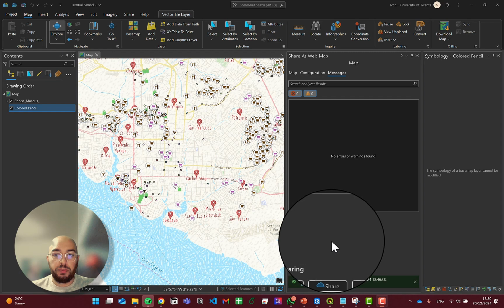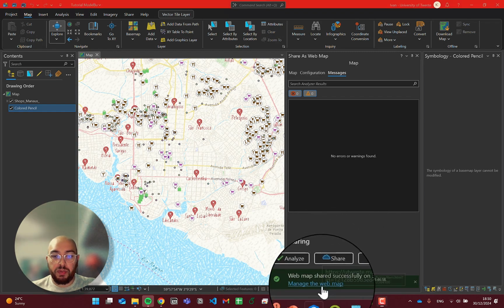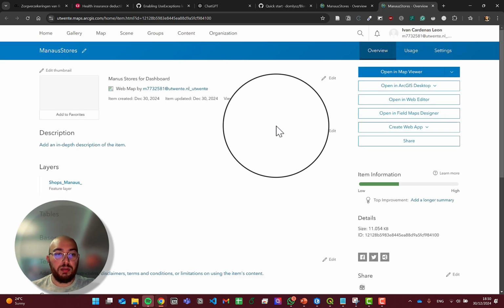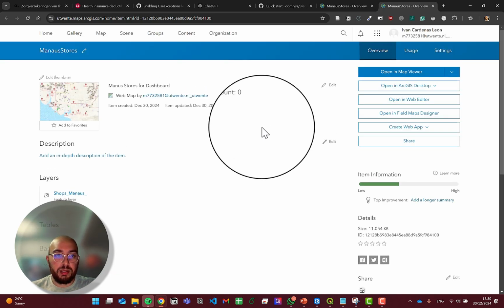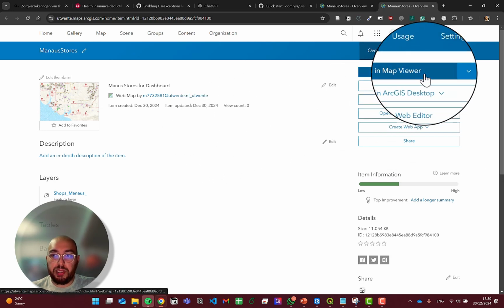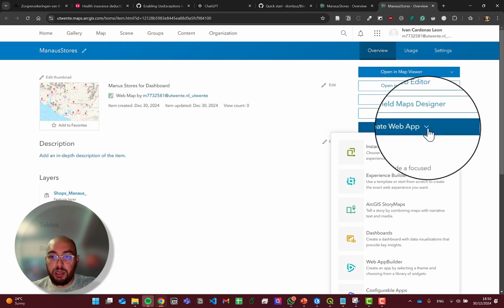So it has already finished uploading everything, and here I got a link to open my web map. So I'm just gonna click on it. It's gonna open it in my organization. You might need to log in on it, and here we have already the map. You can view it directly, you can open it back in ArcGIS Desktop or whatever, and you can here create a web